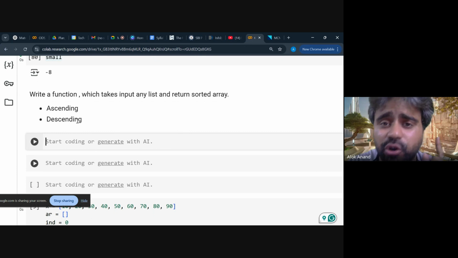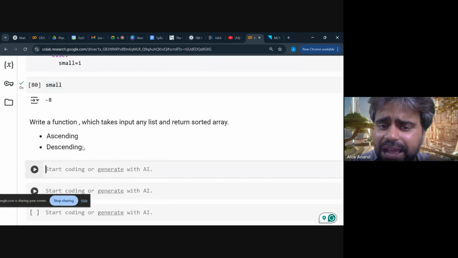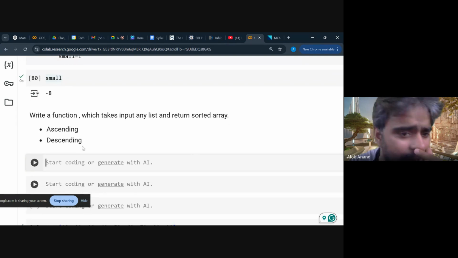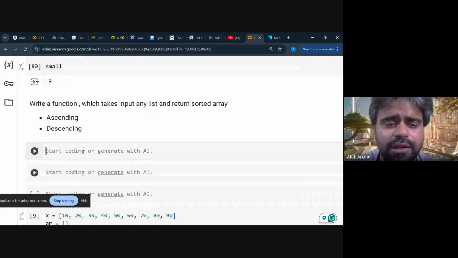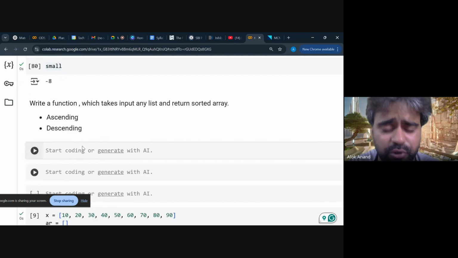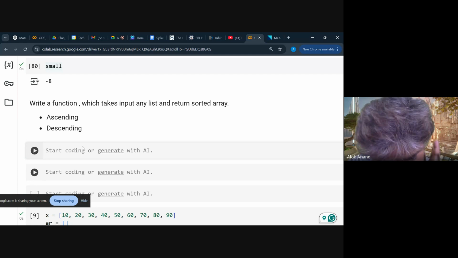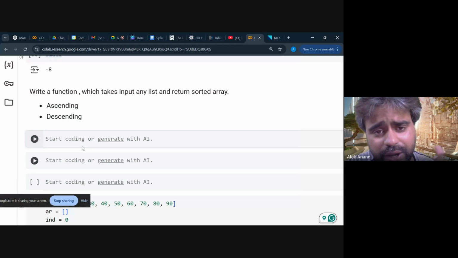And please do not make use of ChatGPT. Because see, I can use ChatGPT. I'm even using it for teaching you, right? But you should not use it because you are in the learning process right now. You should know when to use ChatGPT or any AI tool and when not to. Do not make use of ChatGPT for at least 1 month in the initial period when you are